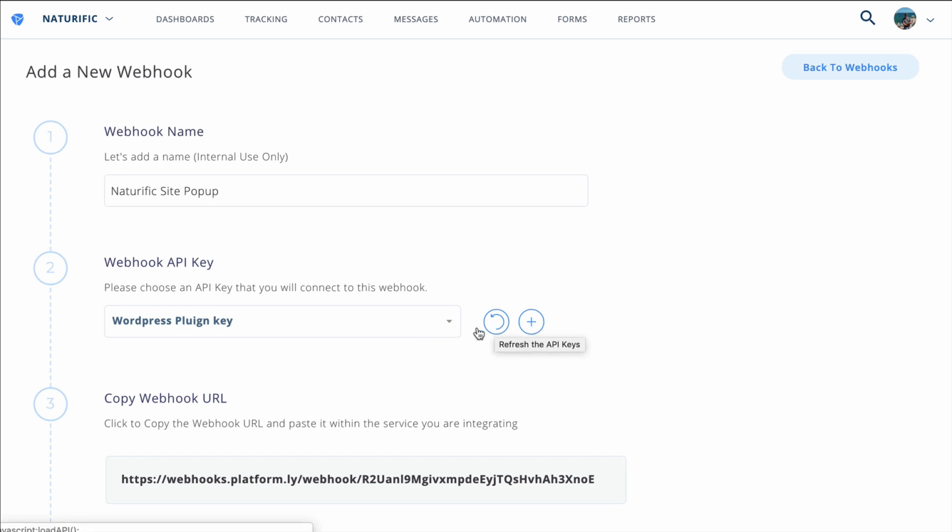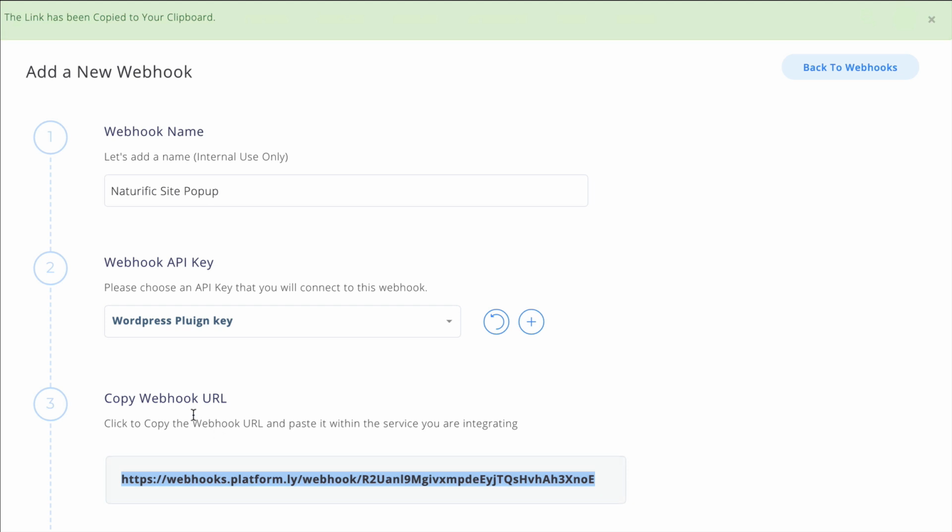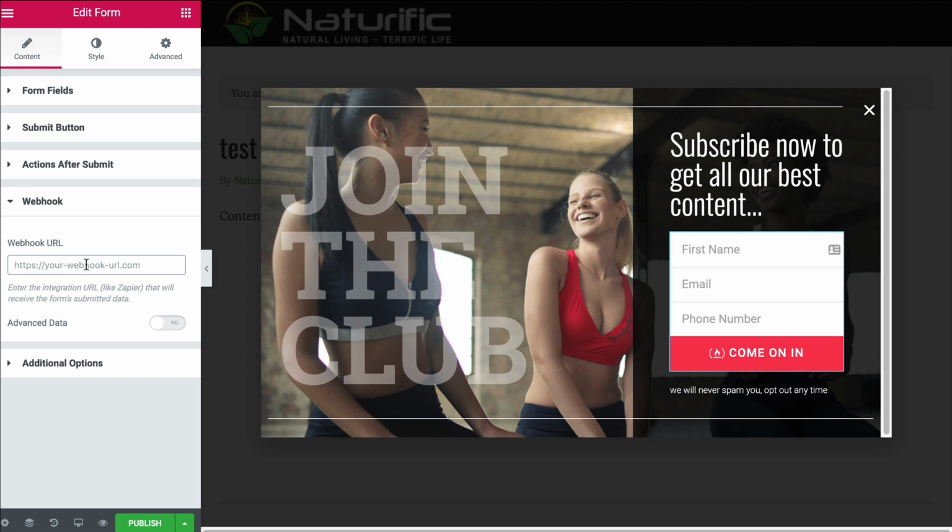And once you've made it, you come back and you refresh the drop-down list. You should probably give it the same name as what you're using for that, because the API key means that you can restrict by IP address which sites have access to it. So you can add your server's IP if you want. It's just extra security for your webhook. And also, if you later wanted to remove it, you can just delete the API key and the webhook will stop. And then we want to copy the webhook URL, so we simply click copy, and we go back to Elementor where it's asked for the URL, and we paste it in there.